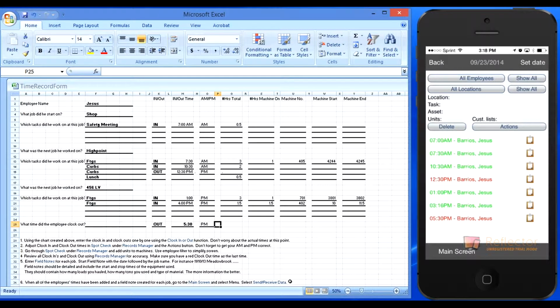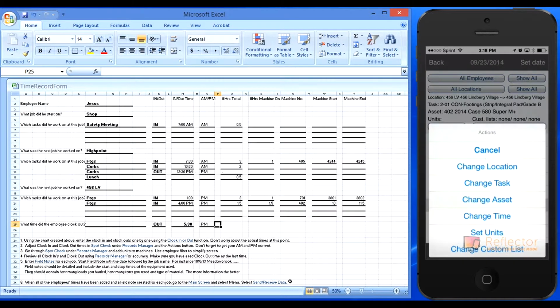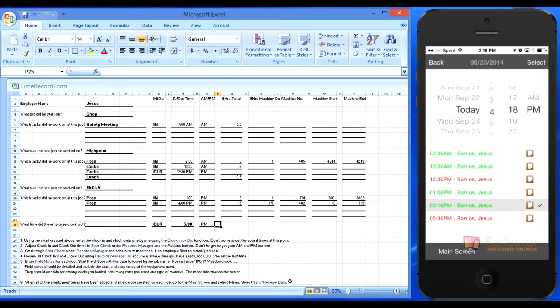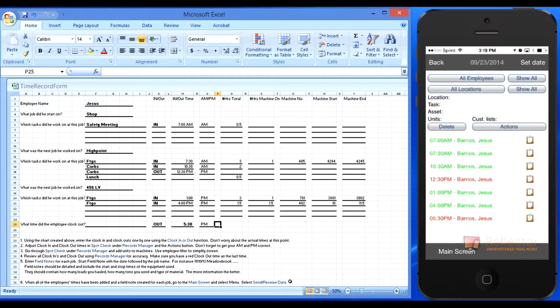Select. Change the last one. Its time is 4 o'clock PM. Hit select. Okay, now I've changed all the times, and if you look, 7 o'clock, 7:30, 10:30, 12:30 clock